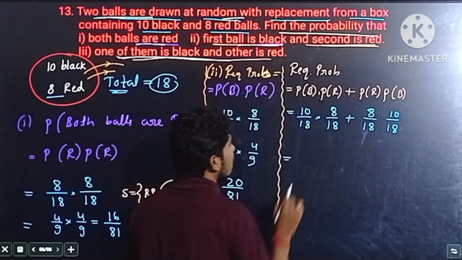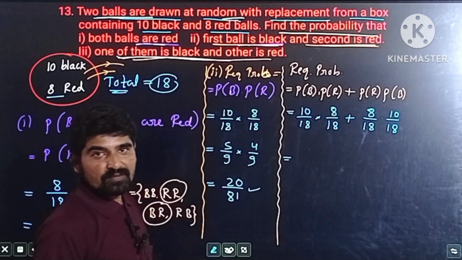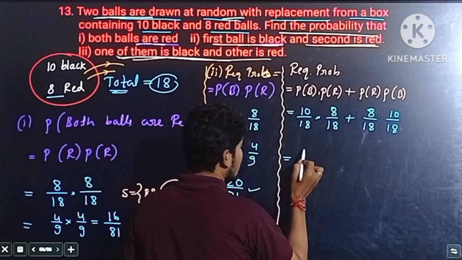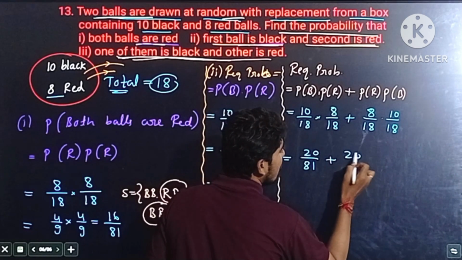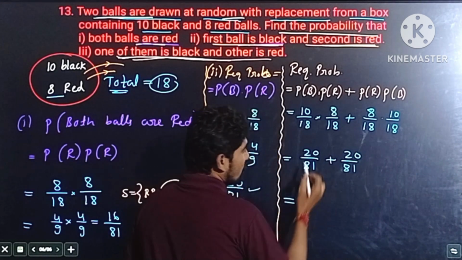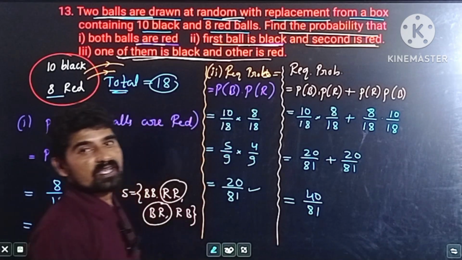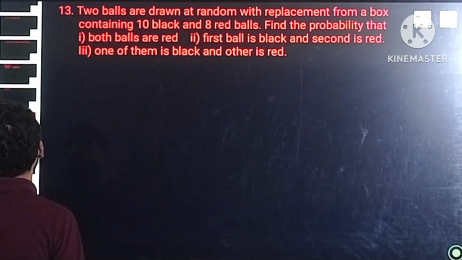So this is equal to 10 by 18 into 8 by 18, which is equal to 20 by 81. 10 by 18 into 8 by 18 is equal to 20 divided by 81, plus this is also the same thing, 20 divided by 81. So 20 plus 20 is 40 divided by 81, the required probability. I hope all of you understood. And the next question is